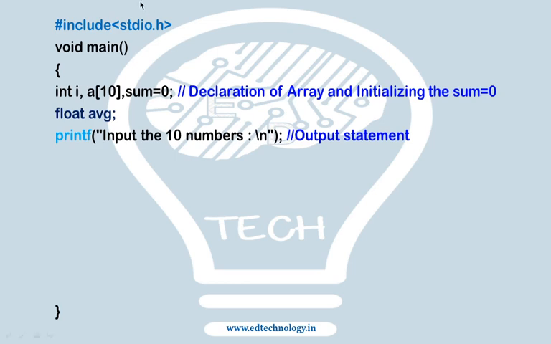Basically there are certain parts of the program which you get from the question itself. Even if you don't know the logic, I suggest you should begin with that part. You should have the header file, include stdio.h. If you are going to use the getch function or any functions which require conio.h, you should add that also. But I'm not using that in the program, so I've not done that. Then we need to have the void main with the parenthesis. Then we start the boundary of the program.